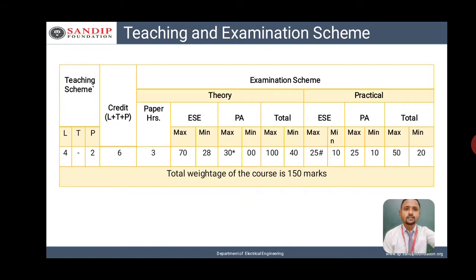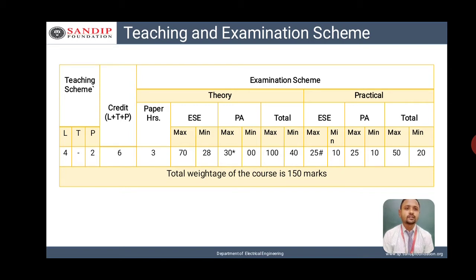After that, see the teaching and examination scheme for the course Switchgear and Protection. The teaching scheme is divided into two parts, theory and practical. In case of theory, there is a 70 marks theory paper. After that, 30 marks, out of which 20 marks are for the class test and 10 marks for the micro project.